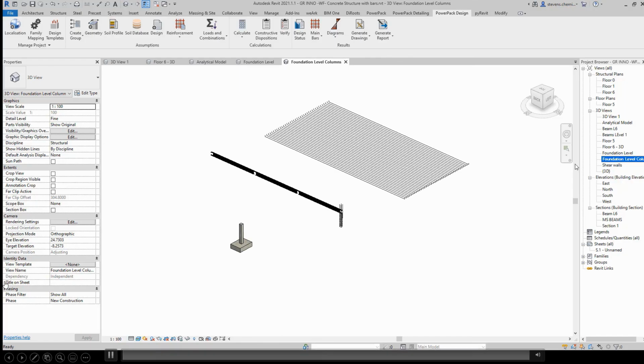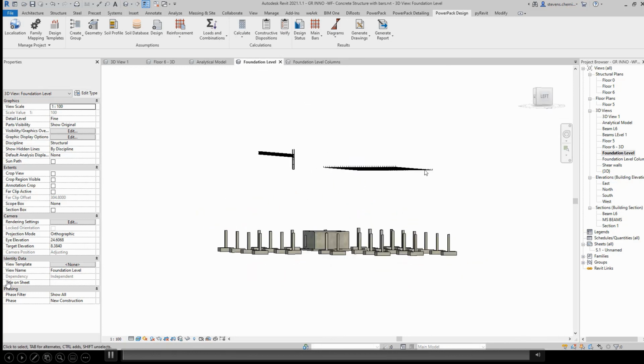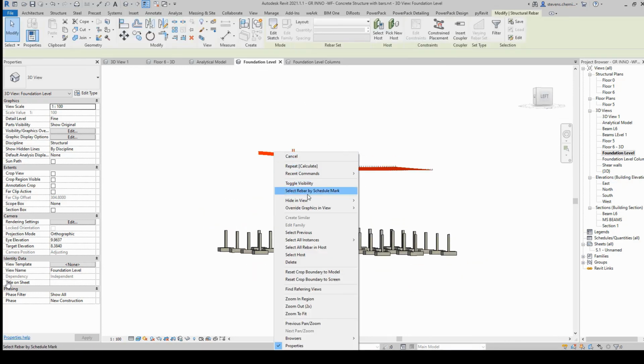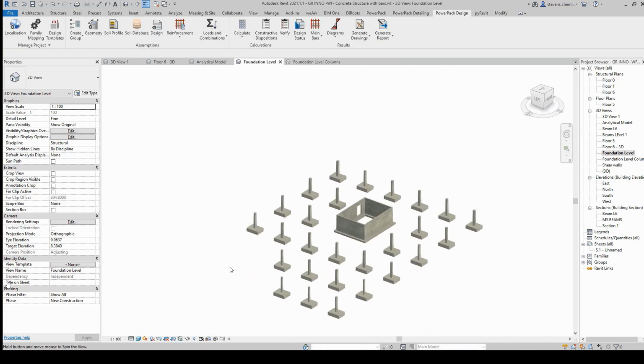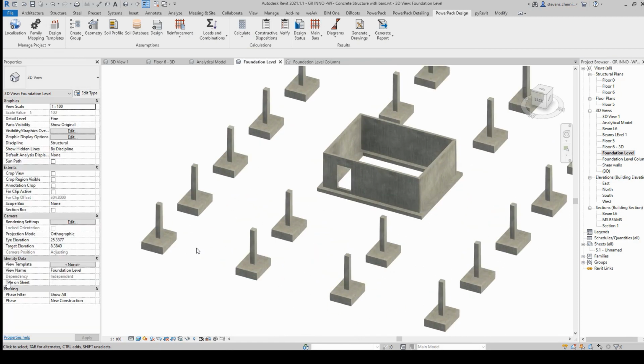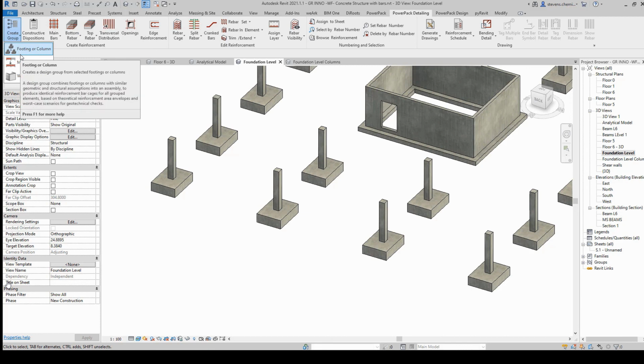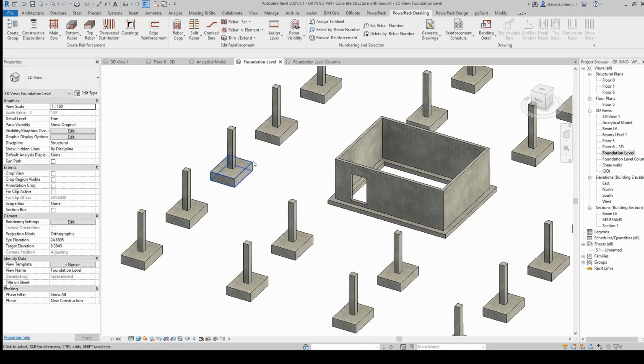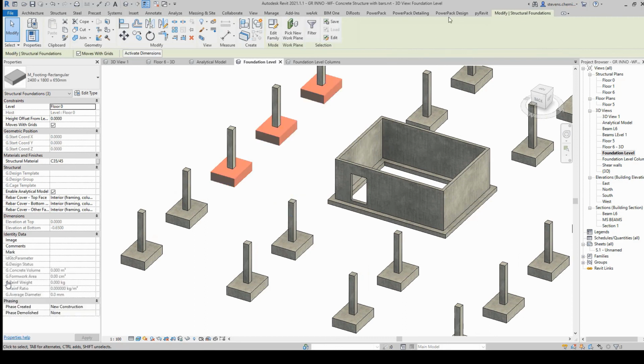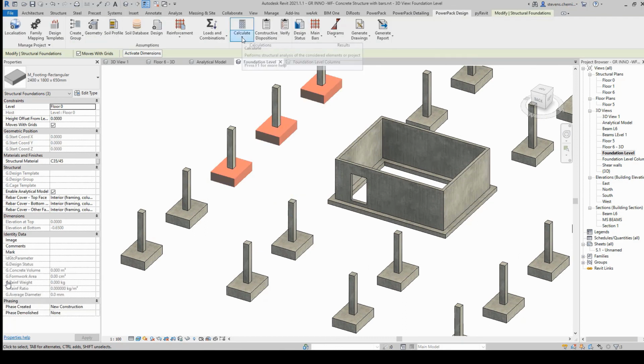For this, you will see that our Power Pack proposes again some tools to manage the continuity and the link between those theoretical reinforcement generated and practical reinforcement generated on this model to the final documentation.